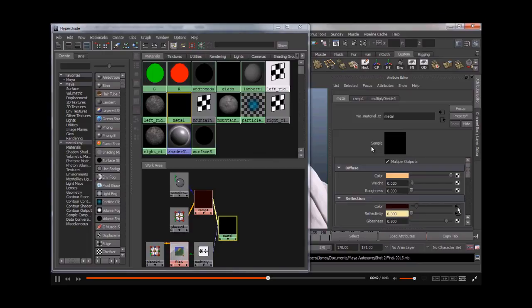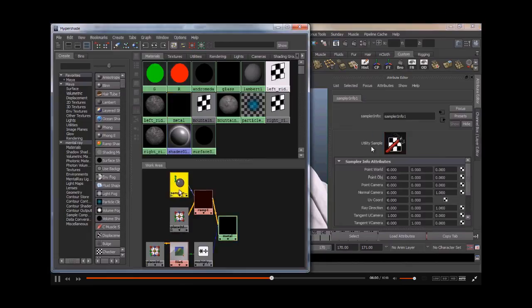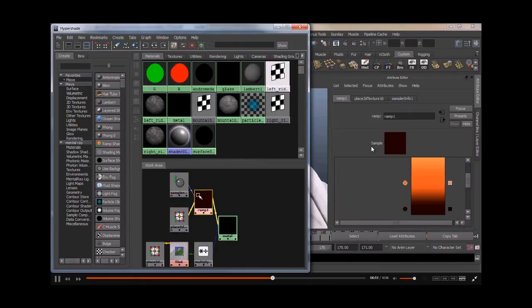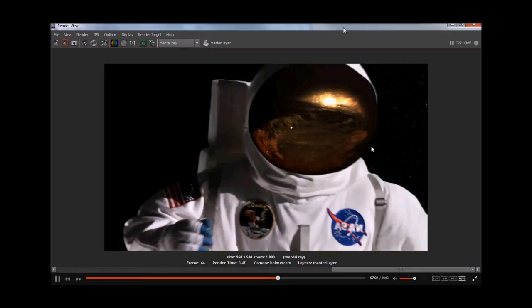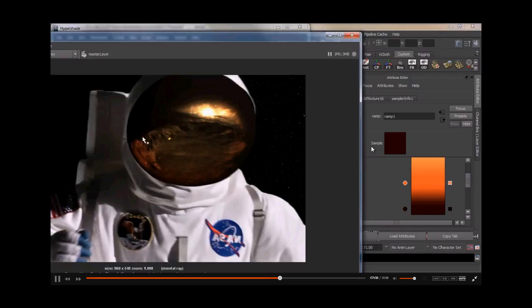Now the reflection color that we're getting is being driven by this ramp here, and it goes from sort of a lighter orange to a more burnt orange. And I have a sample info node here, just plugging its facing ratio into the V coordinate, and that sort of allows us to get this color here in the very center of the helmet, but on the edges we start to get this more orangey, more burnt reflection,